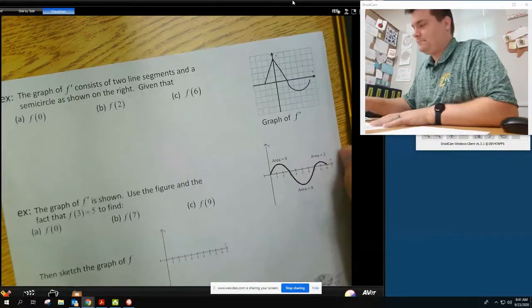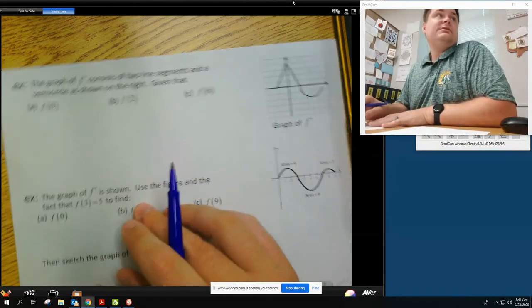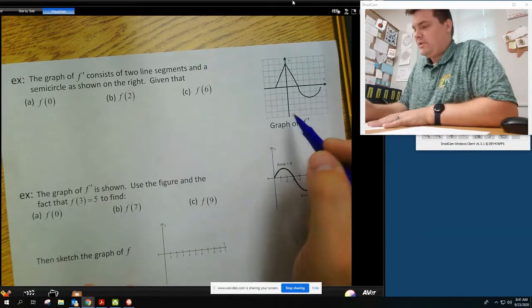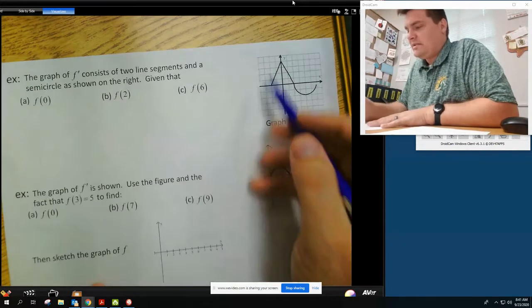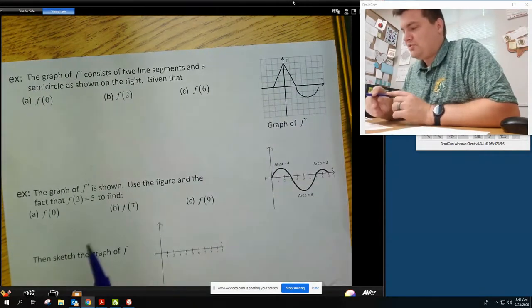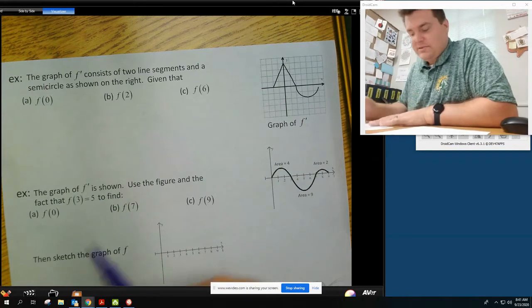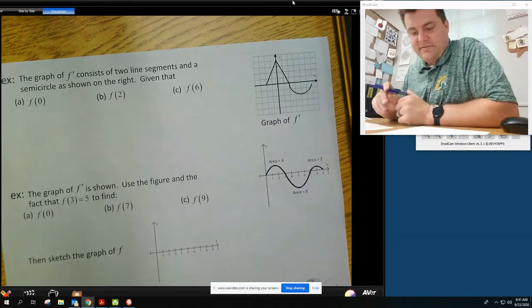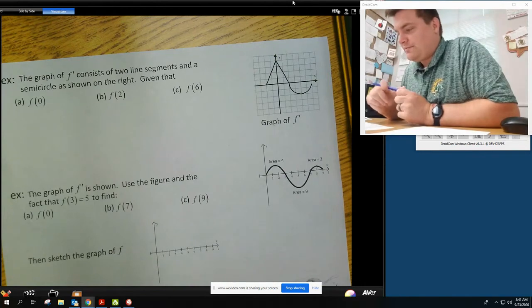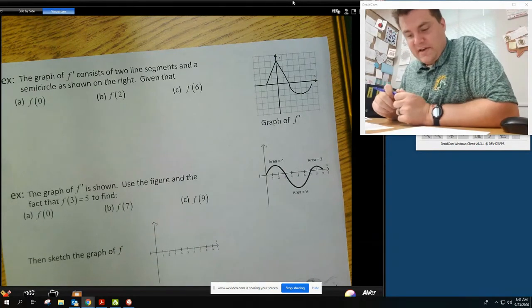Okay. So the graph of f prime, which is right here, consists of 2 line segments and a semicircle. That's to help me use my geometry skills on the right. Given that, so this is it, all of it right here. Let's go ahead and find f of 0. All right. So to find f of 0,